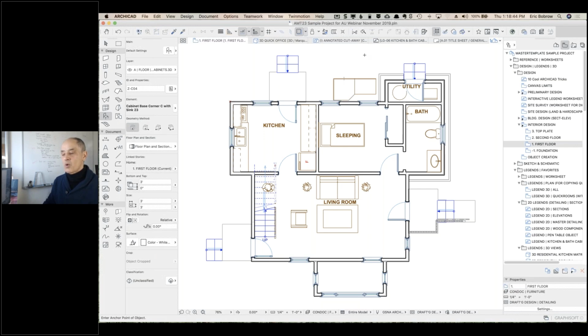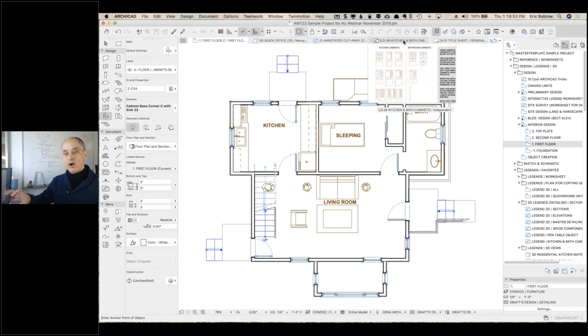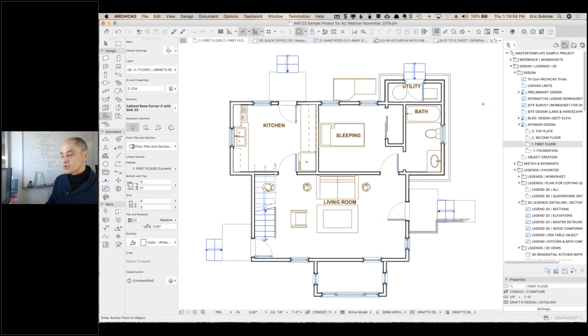Now we can also go and tell ArchiCAD that we'd like to show this as a trace reference. I don't think I'll demonstrate that right now, but we can actually just have that off to the side and then eyedrop it from the side. So those are some of the ways that you can use legends, and I'll give you one more bonus one,